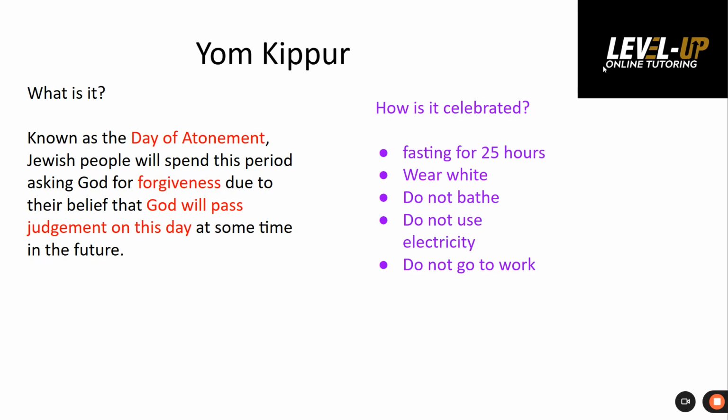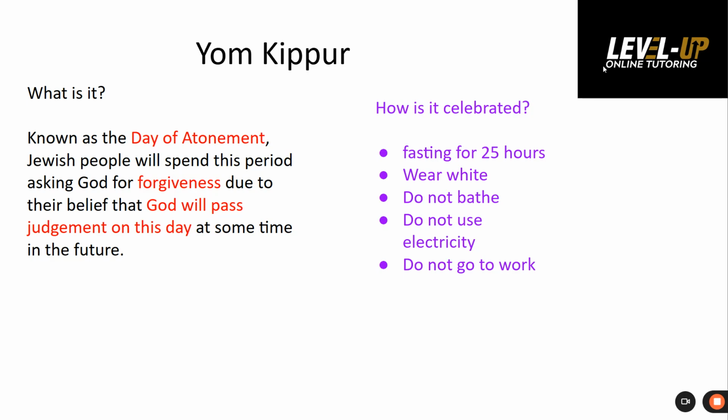One of the things they will do is they will fast for 25 hours. If you want to show commitment to the idea of your forgiveness and how sorry you are for everything that you've done in your life, it's hard to say that fasting for 25 hours straight isn't a good way to do that. You are getting rid of everything that you feel like you need, because this isn't about you. This is about making things right that you did. So by fasting for 25 hours, you're showing that you are committed to that cause.